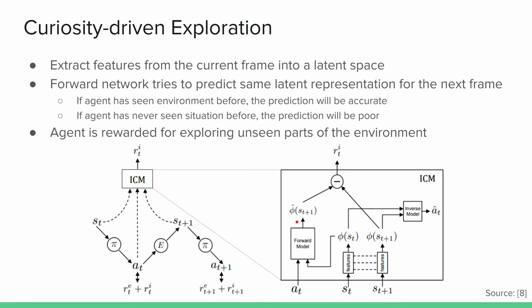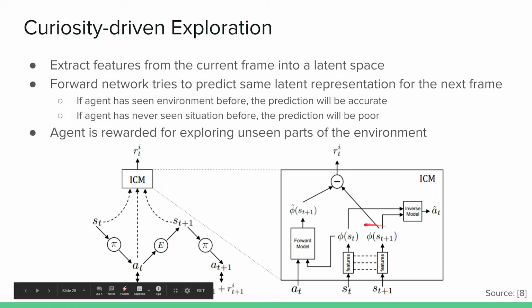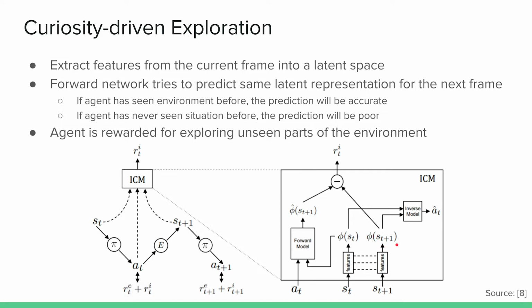And then when we roll out the policy and play the game, we actually know that feature, that representation, as well. And what is the effect of having both this latent space representation of the next state and predicting the same thing? Well,